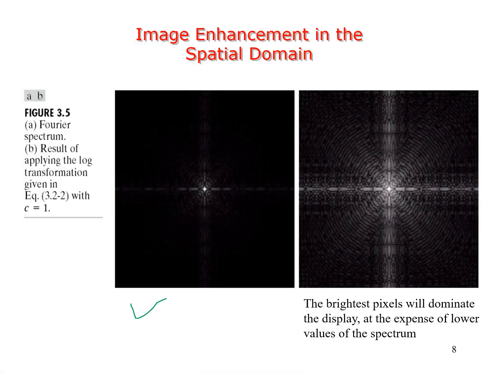So this is a Fourier transform. When we study frequency domain techniques, we will come to know how the Fourier transform looks. This is the original Fourier transform, and you can see the pixels are not visible here; they are darker. After applying logarithmic transformation, you get this. The pixels which were not visible before have become visible here. So generally, logarithmic transformation is applied after Fourier transform.